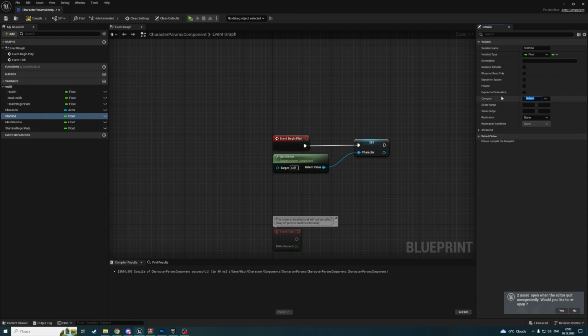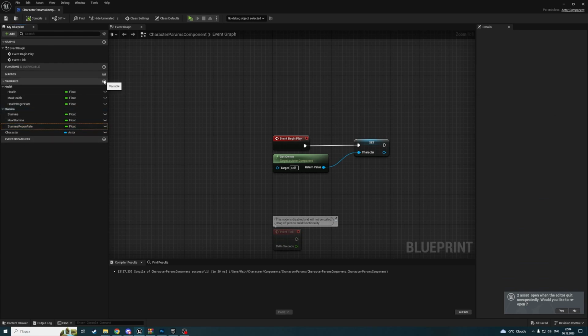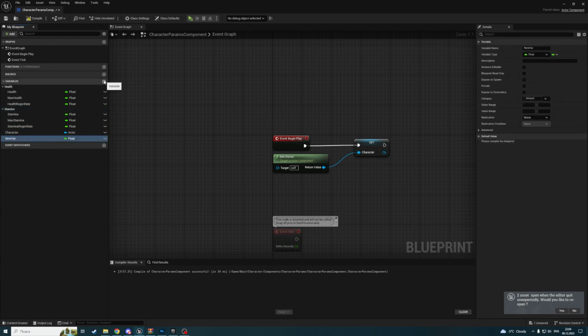And it will have category called stamina. Also, I will set max stamina to 100, stamina to 100, regen rate to 15, and the same for